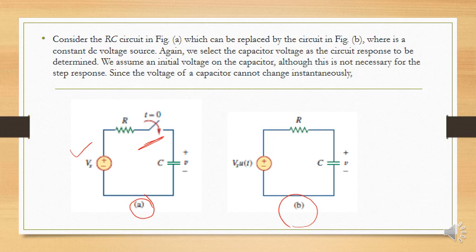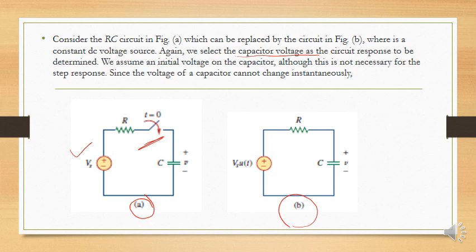Now, here again, as we are dealing with a capacitor, we are dealing with the capacitor voltage as the circuit response. Again, when we study the inductor, we will study the inductor current as the response of the circuit. So we assume an initial voltage on the capacitor, right? Definitely, when the switch was open, we have to assume some voltage at t equal to 0 or t less than 0. We must know what that voltage is at the previous state. It is not necessary that a step response has an initial voltage, because we are connecting a source right now.